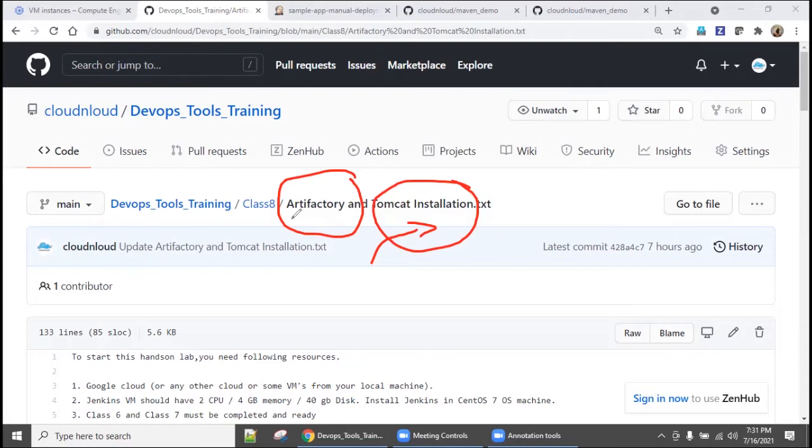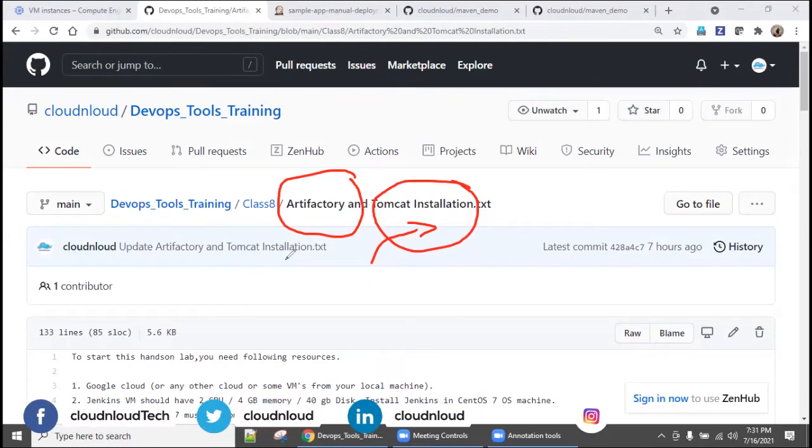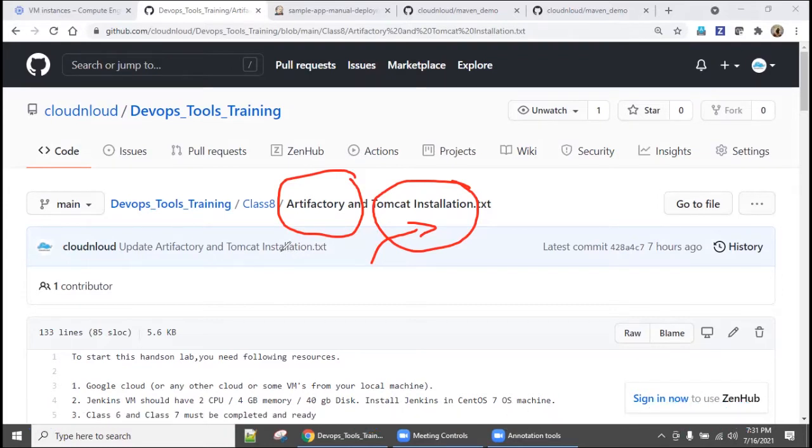In previous sessions, we have discussed what DevOps is, why we need DevOps, what a pipeline is, how to create a custom pipeline, and how to understand the tools. In the last few classes, we extensively started the hands-on, how to install Jenkins and how to create a custom build. As I stated a couple of times, we have created our GitHub ID. For this DevOps tools training, stick with the devops_tools_training repository. For this class, there is a folder called class 8.